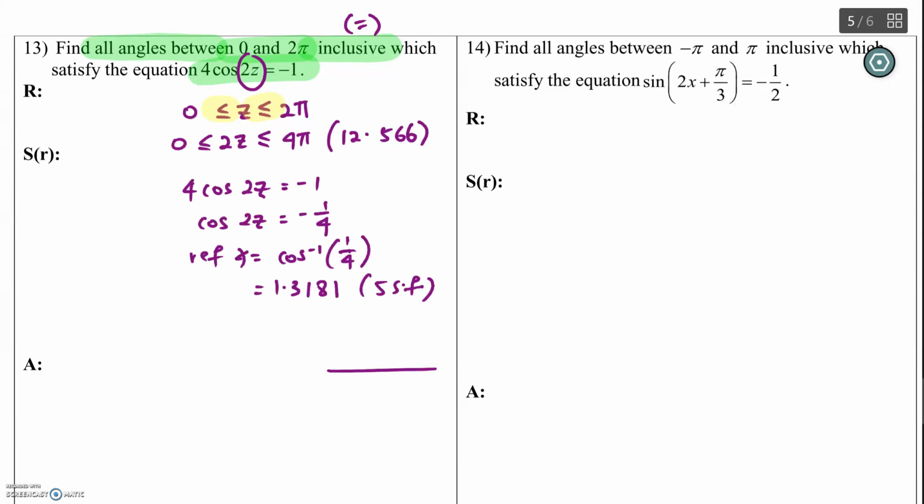Now we will need to find the possible quadrants it lies in. So looking at cosine 2z equals -1/4, ASTC, cosine will lie in the second as well as in the third quadrant. So 2z lying in the second quadrant will give you 1.8235. Okay, so lying in the third quadrant, you will get